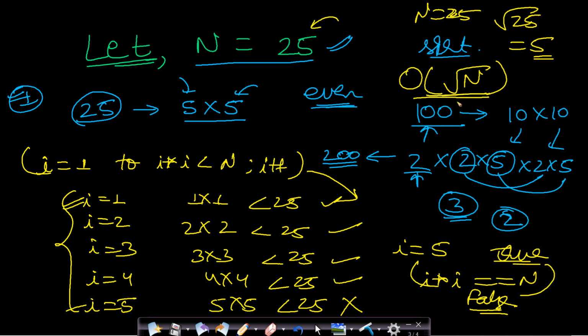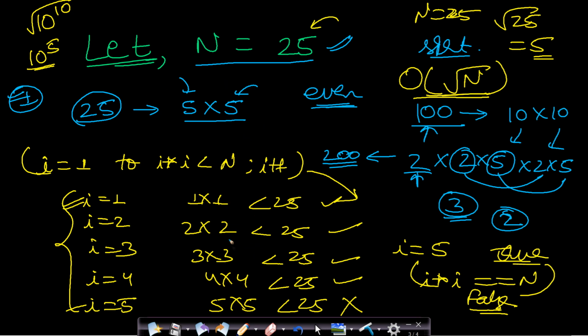Okay, so you might find that this solution is an optimized solution, but then this is kind of a brute force solution only, because let's say your n value is in the order of 10 to the power 10. Then you will have to do square root of 10 to the power 10 number of operations. So this will be around 10 to the power 5 operations. So this solution is not efficient either.